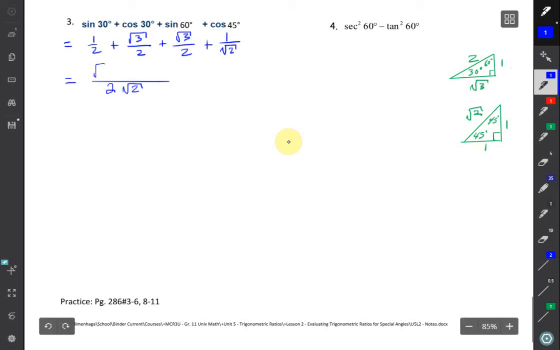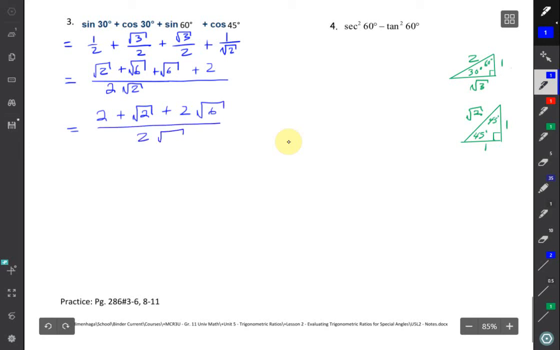So 1 times root 2 is root 2. Root 2 times root 3 is the root of 6. Root 2 times the root of 3 is the root of 6. And the root 2 needs to be multiplied by 2. So 1 times 2 is 2. Simplifying further, remember the idea of like radicals. So we have, first of all, a 2 and a plus root 2. But then we have 2 root 6s, so that's plus 2 root 6 all over